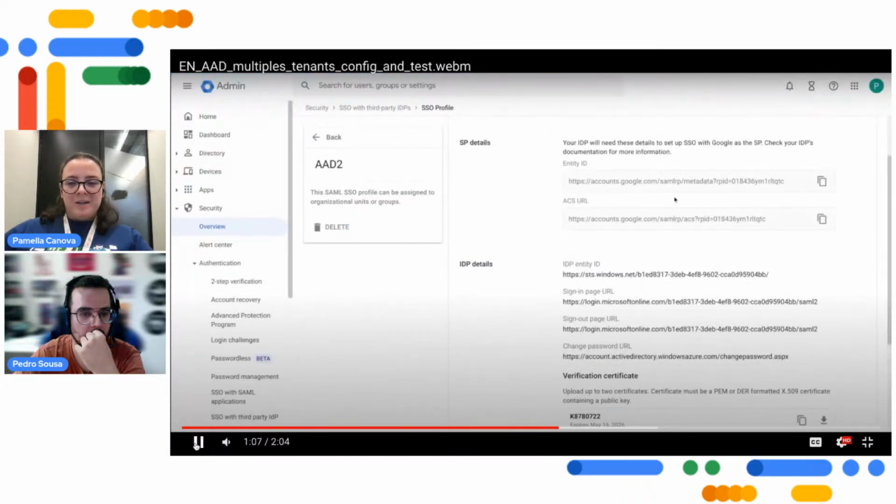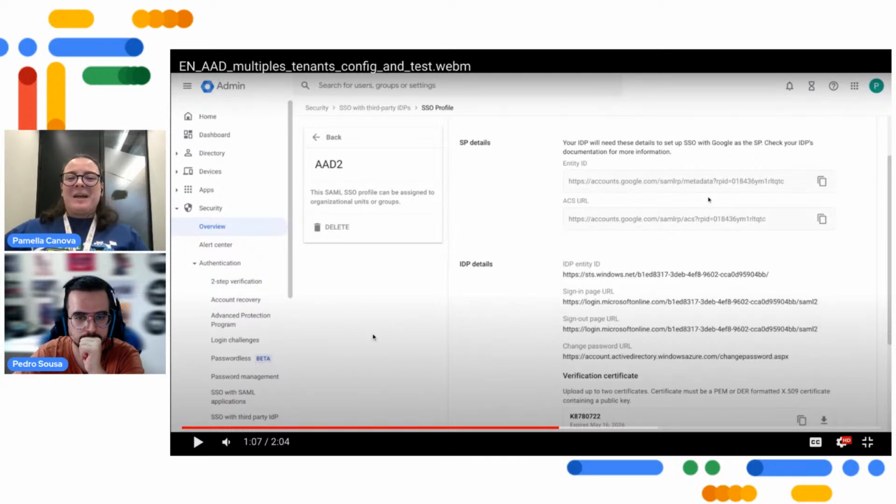And for this to work, we'll have to configure the right URLs there for each SAML profile, each with its own entity ID and ACS URLs. Otherwise, if we don't configure this properly, maybe different domains will be forwarded to the same Microsoft page. So you have to pay attention that for each domain you sync, you have to copy the right info from the Azure side, and then each tenant will be directed to the right authentication page, because we've seen that a lot,